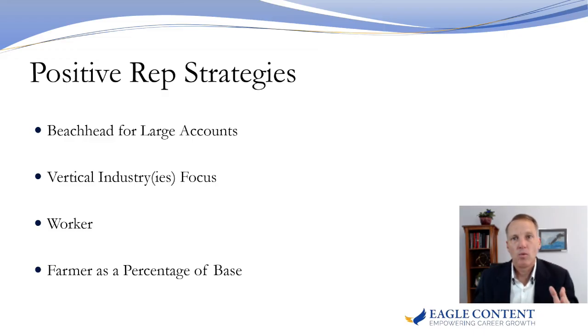Help your reps figure out how many customers, or how much revenue for customer sizes, allows you to pivot 100% to farming, and then you figure out what that means and where you are in that scale today. It's just a math problem. And as you start figuring out how much revenue or customer numbers or whatever you use in your company to figure out where 100% farming should be, you use that and maneuver them very slowly towards being 100%